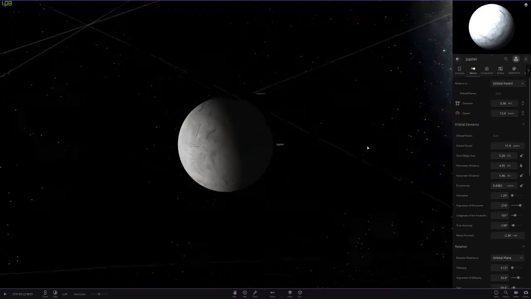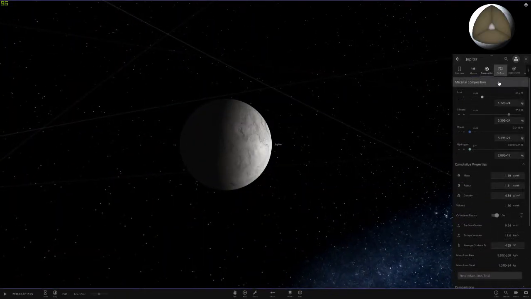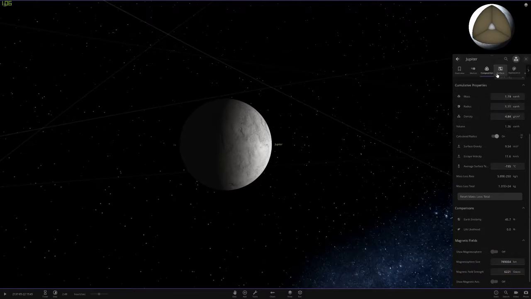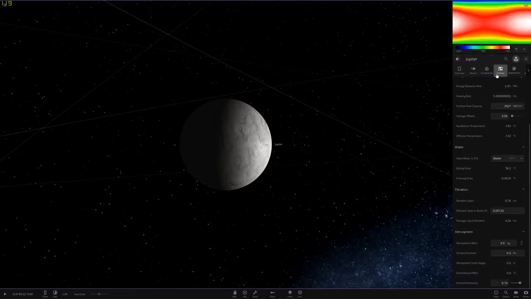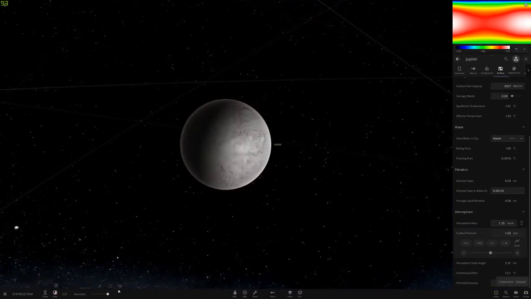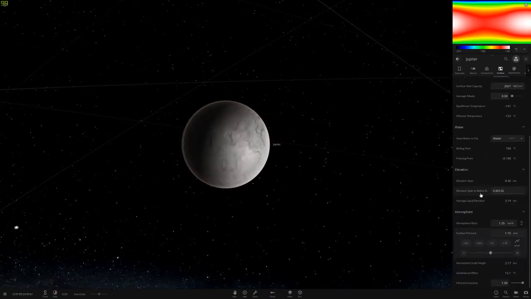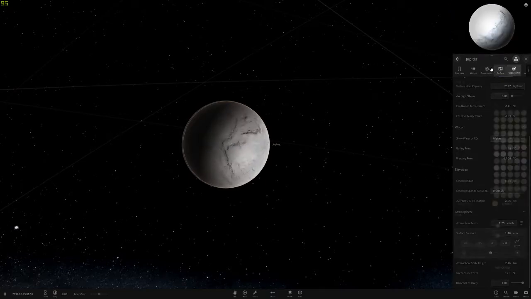So what I want to do now, before I even decide its rotation and orbit, is the atmosphere. How I'm going to do this is just add it through this, and this will ultimately increase the temperature and the high chance of life. Obviously now it's minus 155, it's not gonna do much, but